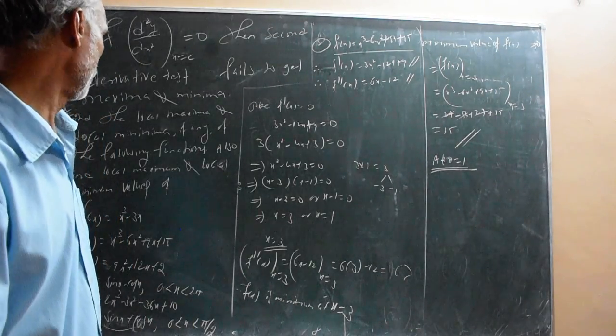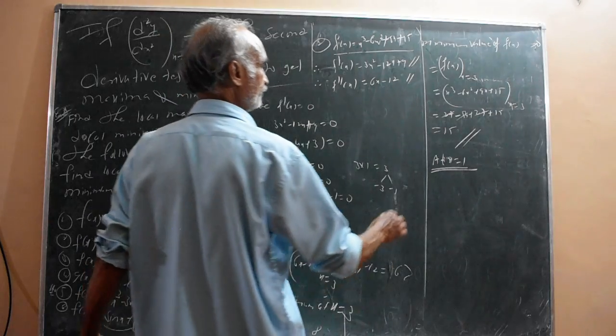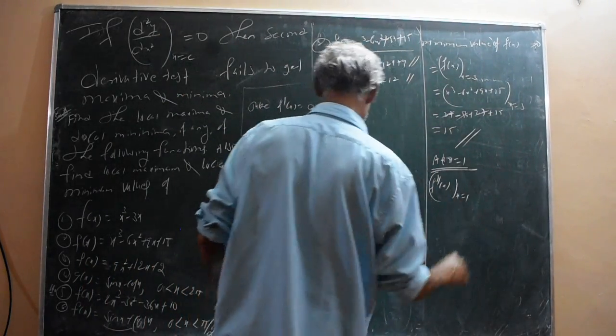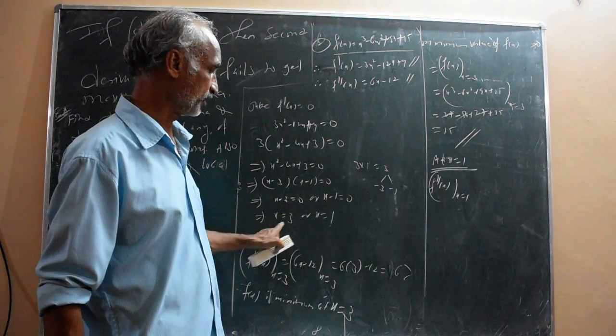At x is equal to 1, f double dash of x. At x is equal to 1, third point of x. Okay. Two critical points I got, extreme points I got. x is